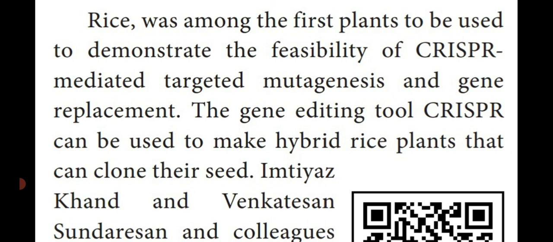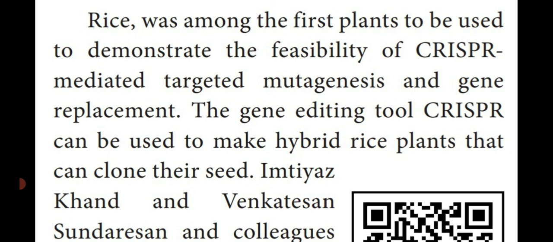So what is gene editing? Adding, removing, or replacing, isn't it? So here in genome editing in the rice plant, by using the CRISPR Cas9 method, they targeted a particular gene. That gene is subjected to the mutation process. Then after that, that gene is replaced by another one. So by using CRISPR Cas9, gene editing or genome editing takes place in the rice plant.